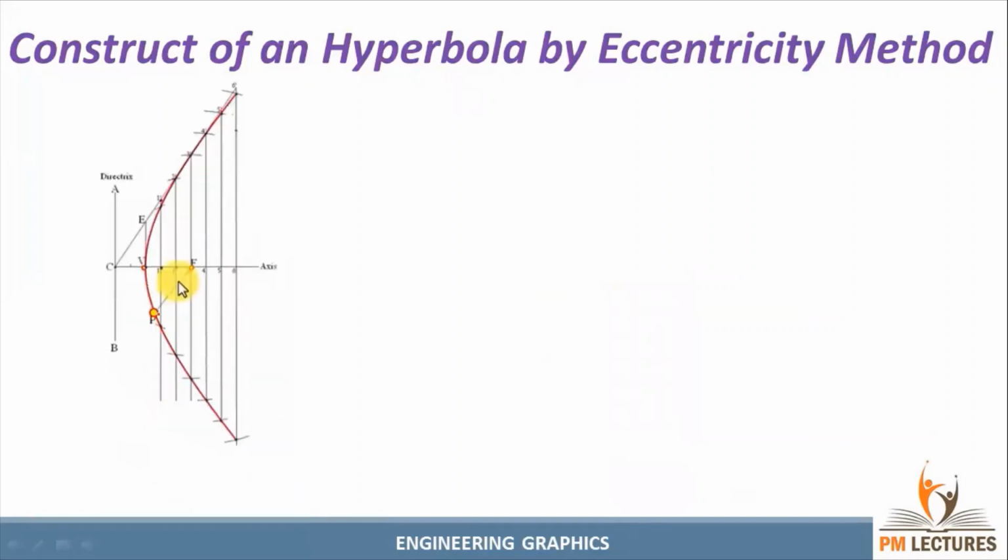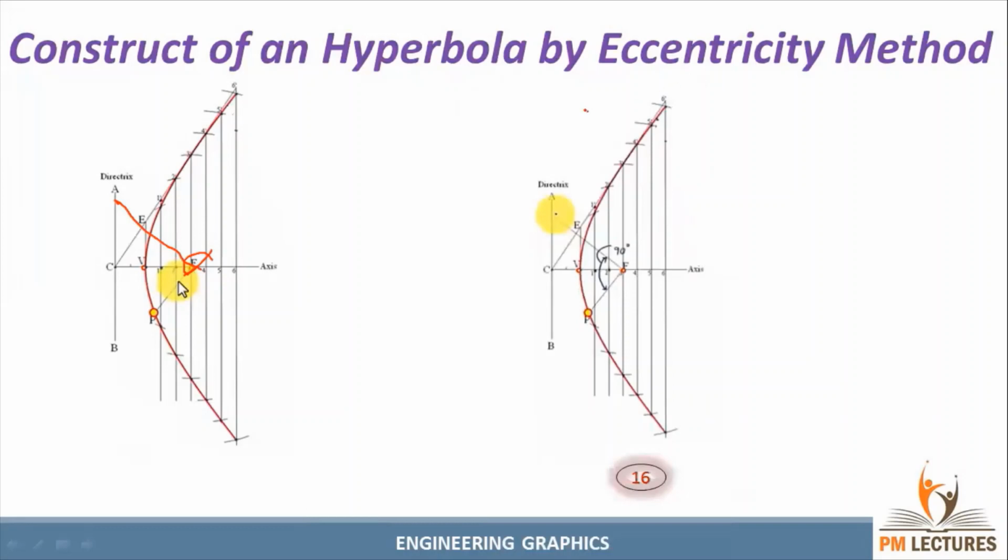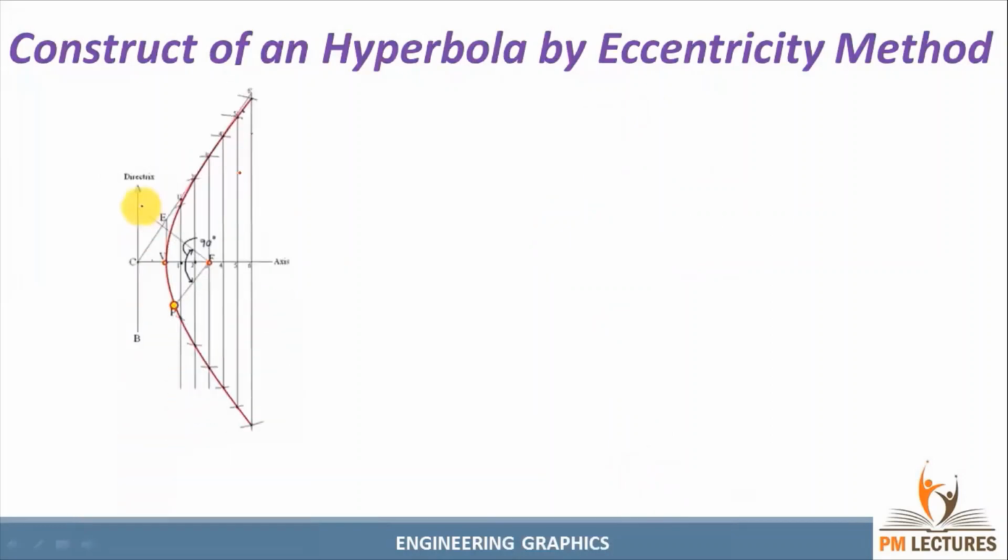After that, using your protector, keep the protector here and make a 90-degree angle. That line will touch the directrix. That's the next step. Clearly you can understand. After that, from the directrix point, give the name T. From this point, you need to draw a line. That line will pass through the point P, but it won't cross inside the arc. Like this, the line will cross over here.